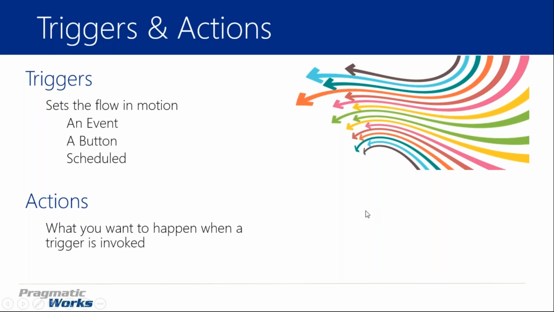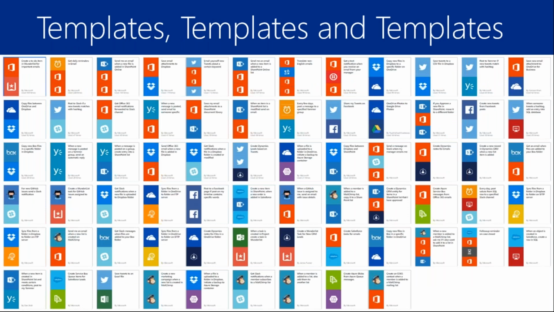Now, if you're new to Flow, there are a lot of templates that you can use to get started. If you're not sure what can be done with Flow, take a look at the templates. There are thousands of them that you can pull from, and they'll give you some good ideas on what can be done. When you go to Microsoft Flow, or flow.microsoft.com, you'll see a search bar where you can search for whatever connector you want to work with. So if you're working with Salesforce, Twitter, or SurveyMonkey,